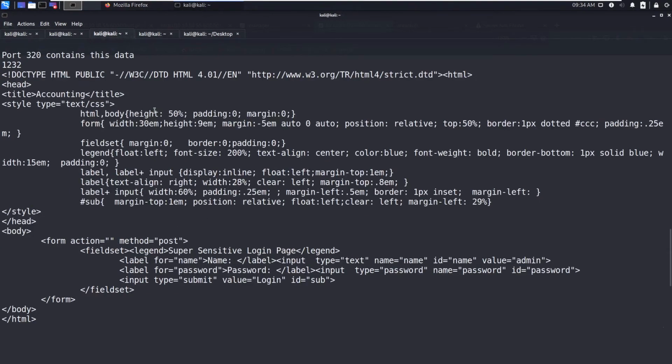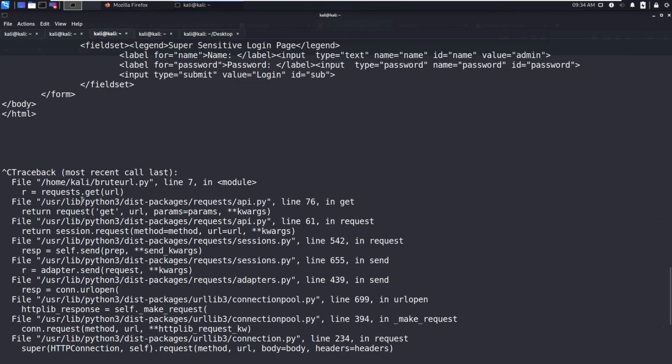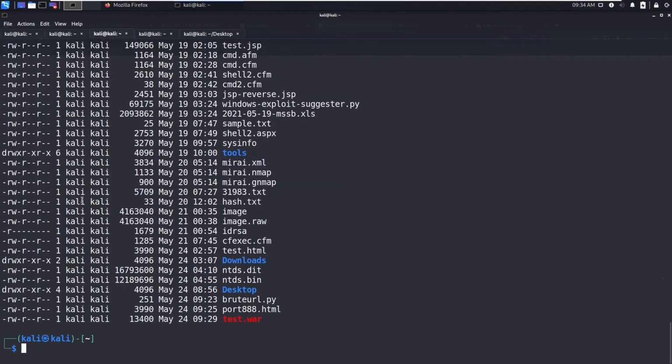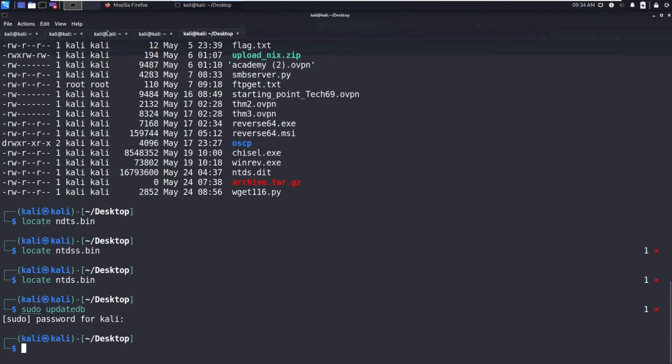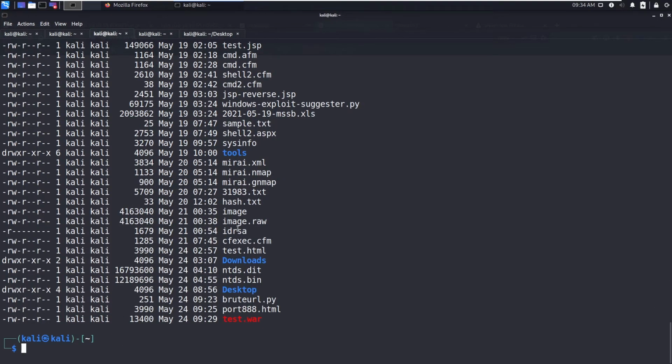Okay, let's stop this script. So okay, in the home directory we have this. Okay, that should do it. We have the dit file and binary file.